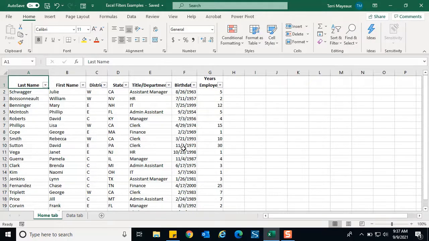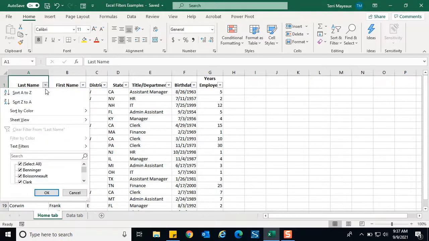Now, because I had clicked in this list, we can see that Excel has acknowledged that we do have column headings, and it's placed what people will call the auto filter button right here to the right of each one of those column headings. Now, with the auto filter button, you can click on that little drop down arrow, and